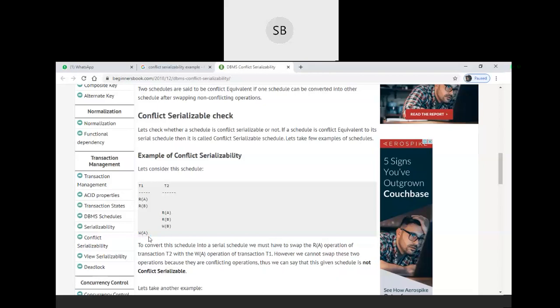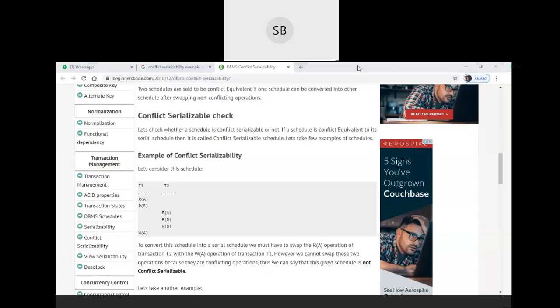To check whether it is conflict serializable, what was the first step? Please reply. What was the first step to find whether it is conflict serializable or not? Please unmute yourself or write in the chat.